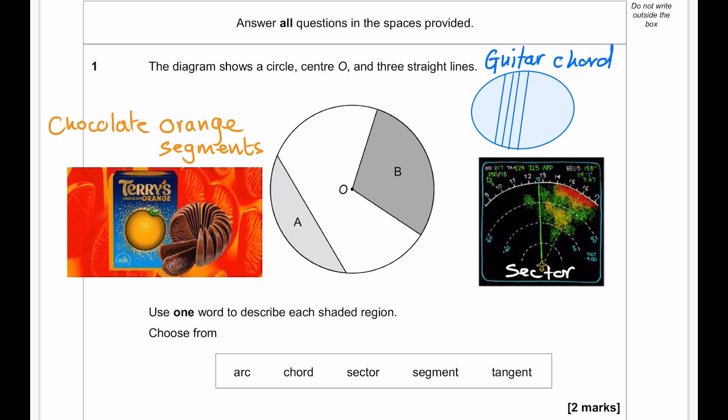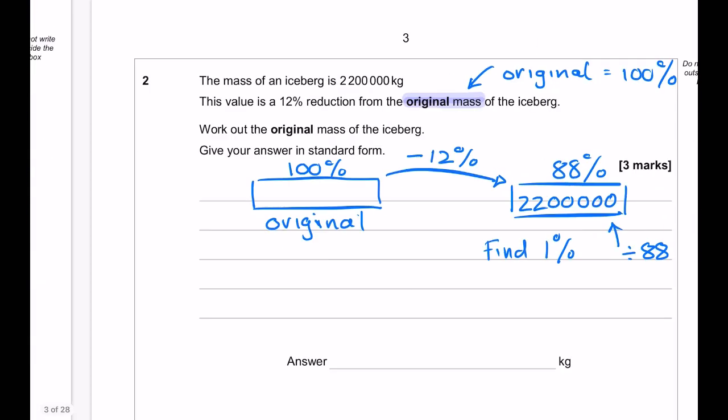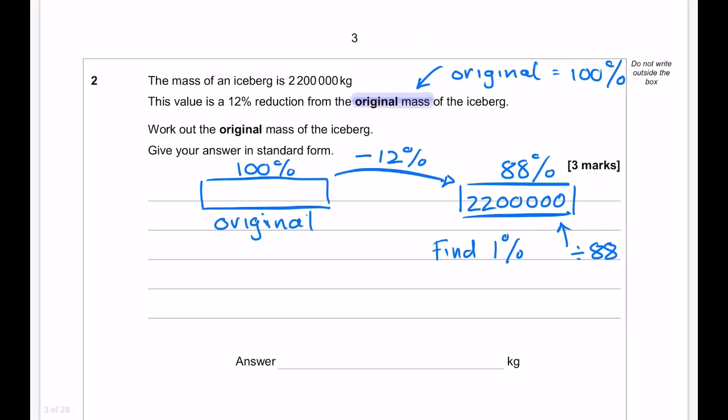I could go and talk off on a tangent, perhaps. Anyway, just something to help you remember. Question 1. Question 2,